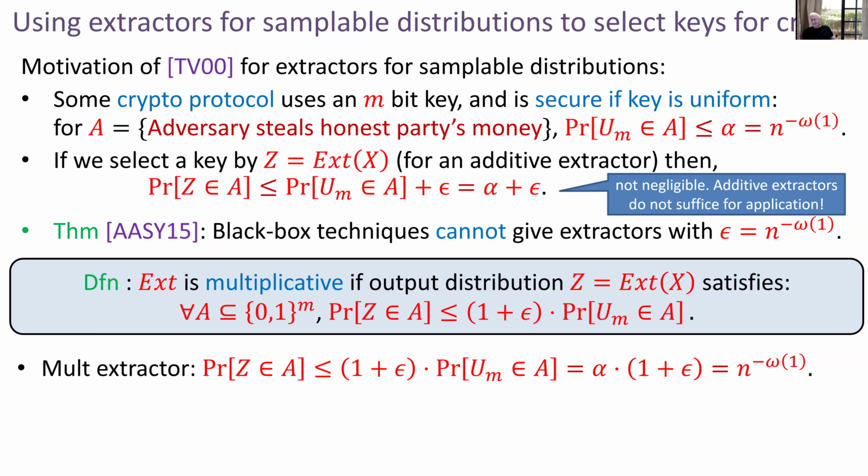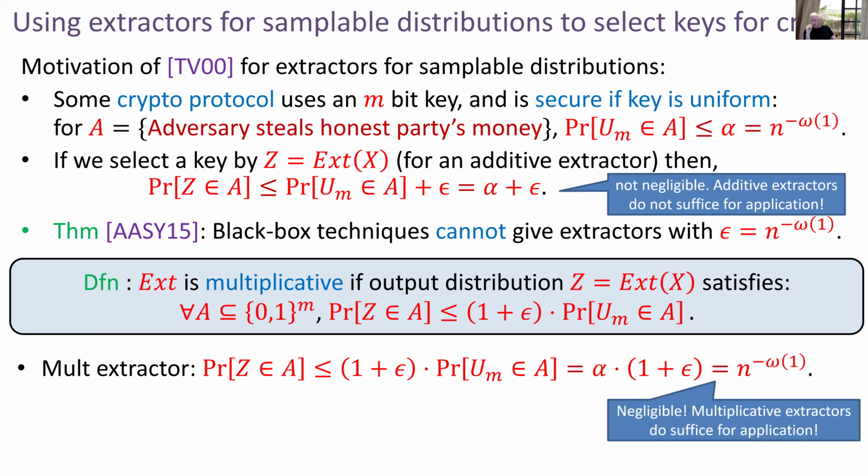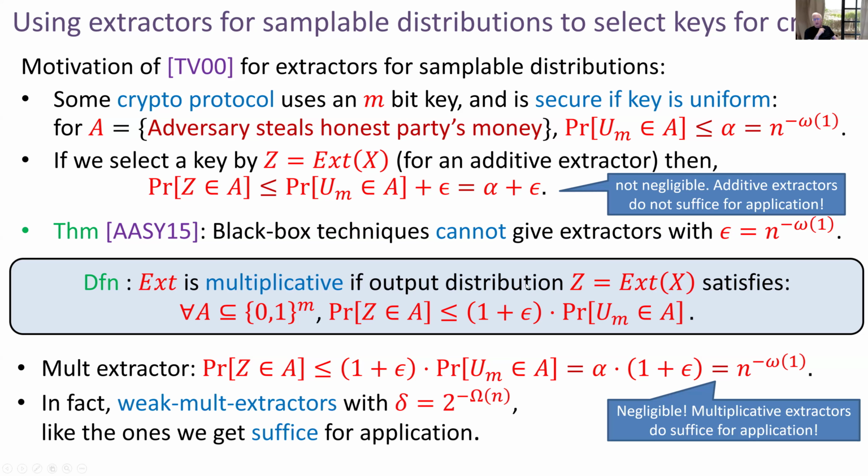And in fact, just like in differential privacy, even when epsilon is 10, it's sufficient to get multiplicative extractors with relatively high error in order to use them for these particular applications. So multiplicative extractors do give a negligible chance for the adversary to fool the honest party in this application,